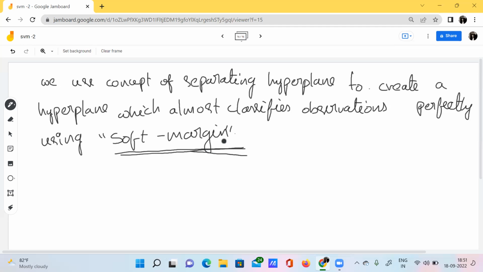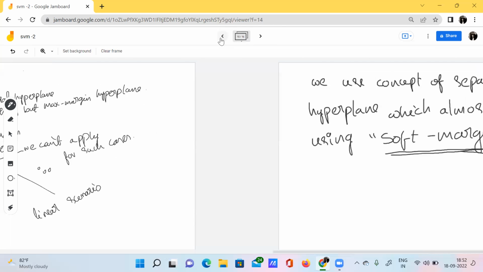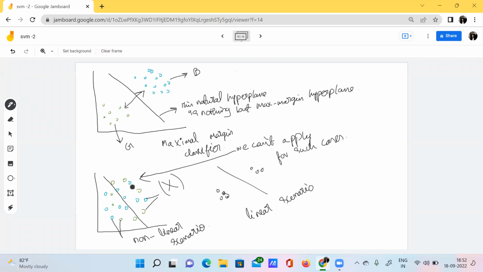So how can we do such things with the help of this soft margin? How do we separate? See here, we have a non-linear scenario, and we need to separate the classes just like this. We need to separate those data points, but we can't use the maximal margin classifier here. Why? Because the maximal margin classifier is only applicable for linear scenarios like this.